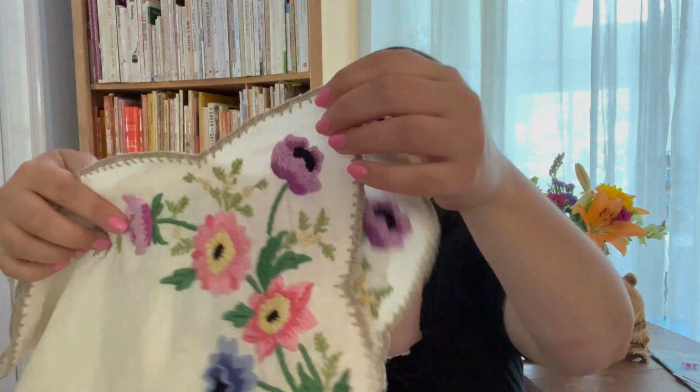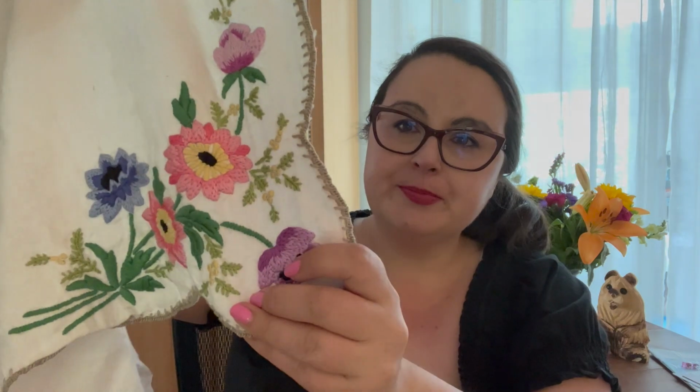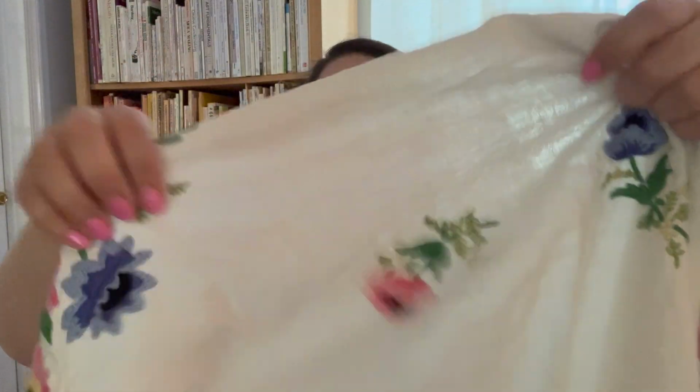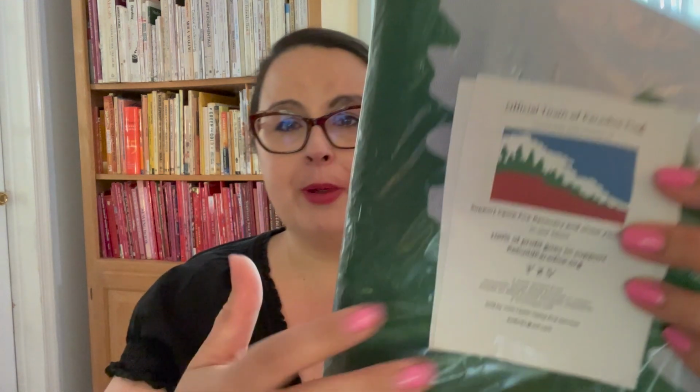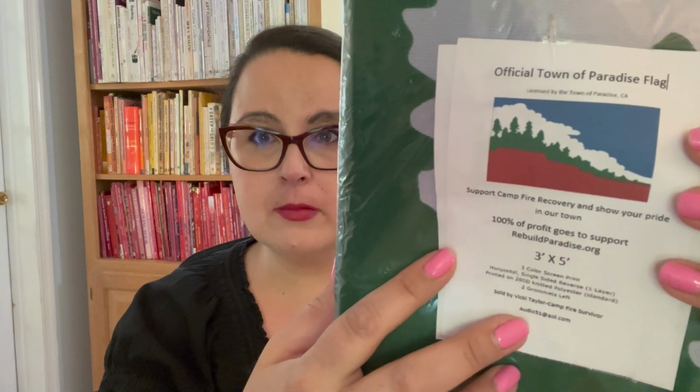So I got my mom's 2 sewing machines, and she had this piece on her sewing table. I don't know anything about it, but I have it now. She also had 2 flags from the town of Paradise. So my brother took one and I took one. And then, to remember her,